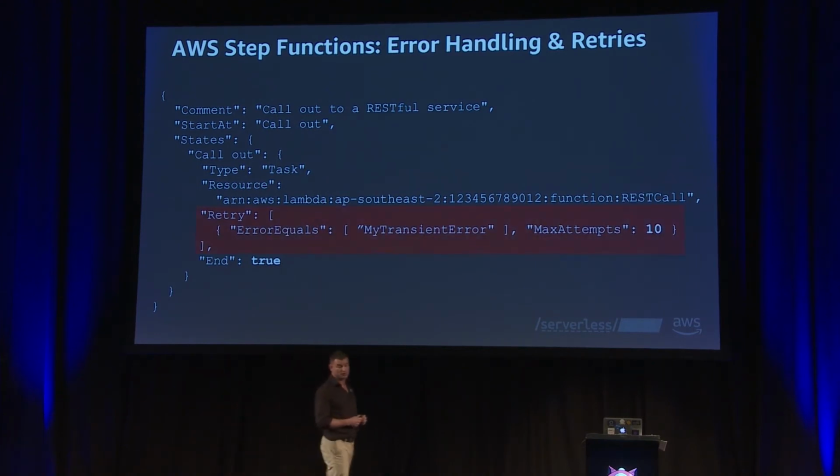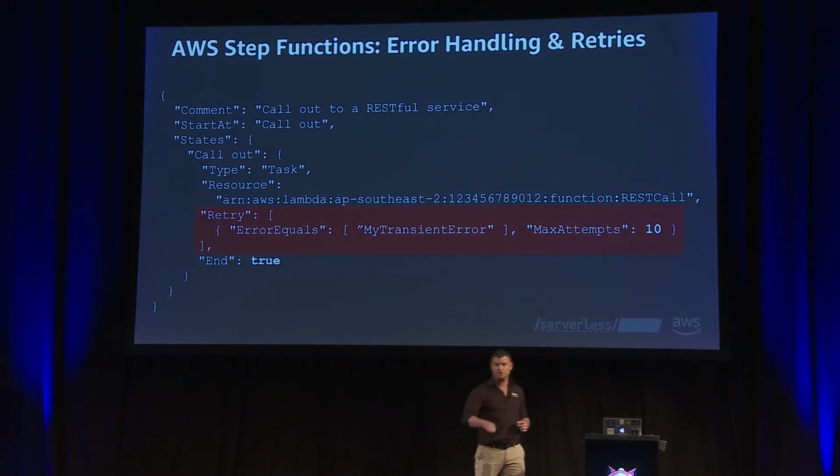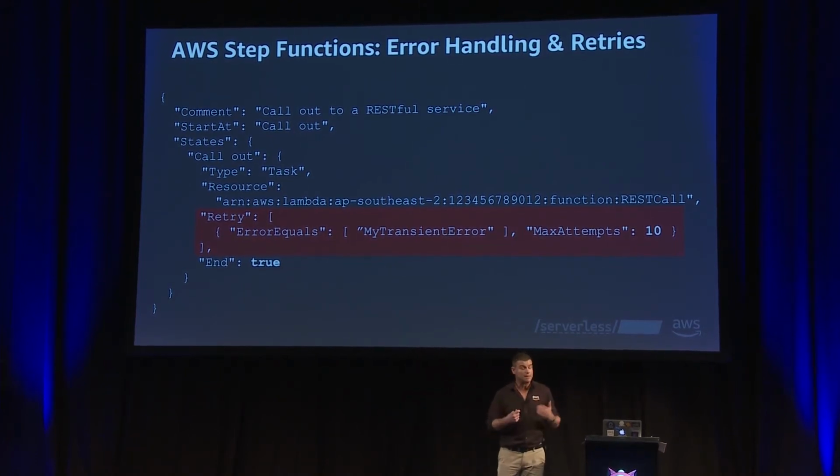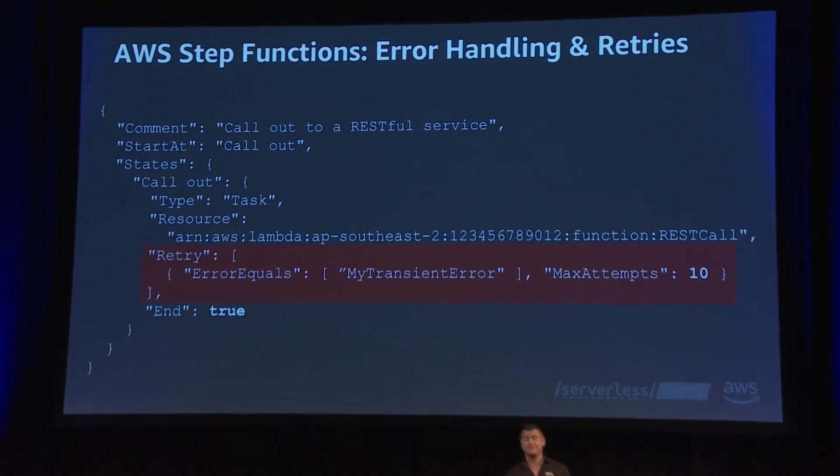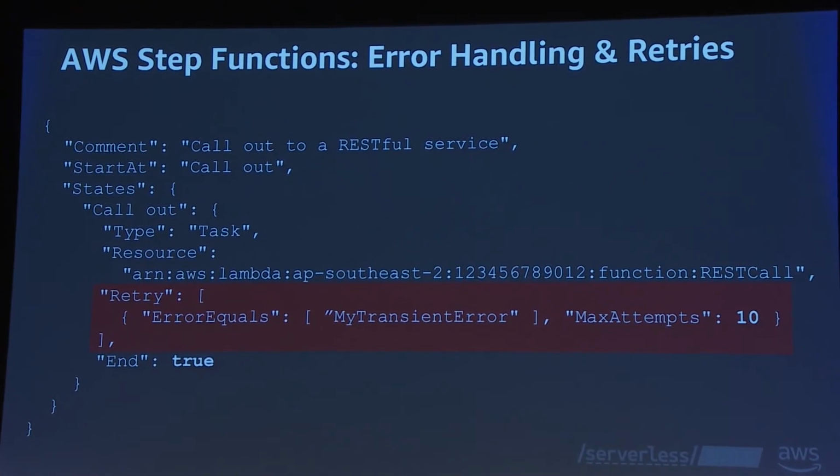Notice the clause that I can put here, retry. So this is basically saying that if the error that is encountered at runtime is application defined, so it's completely my choice what the name of the error is, if it's my transient error, I mark it as having a maximum number of attempts to retry. So in that case, it'll try 10 times to hit that function again. I can also add in a wait state or a delay, so basically implement an amount of seconds to wait before retrying and then exponential backoff, number of seconds to add